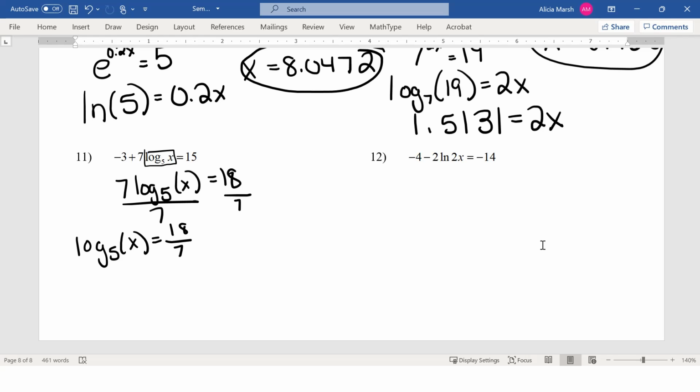And now I'm stuck in log. Can't do anything because the log's alone. So I'm going to go to exponential form. So 5 to the 18/7 is x. I'm going to type that into my calculator. And we get an answer of